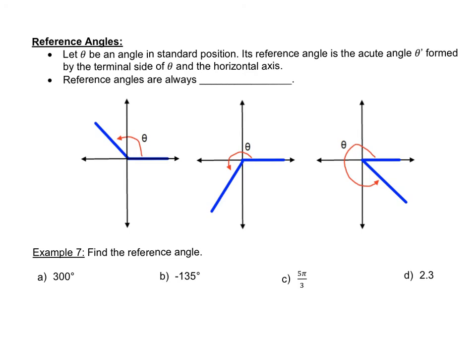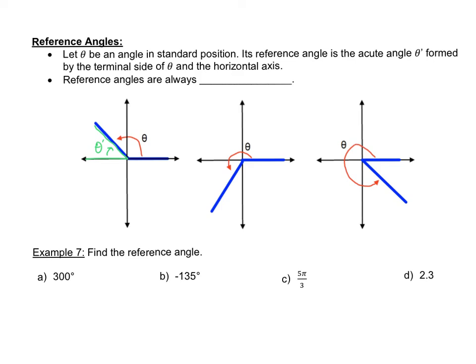So in this video, let's talk about what is a reference angle. A reference angle specifically talks about, when you typically draw an angle, we usually call that angle theta. So let's say you drew an angle. Here's the terminal side. Well, the reference angle is always the angle that it creates with the terminal side and the horizontal axis, or in this case, the x-axis. So what I'm saying is that this angle right here that it produces is what we call the reference angle,